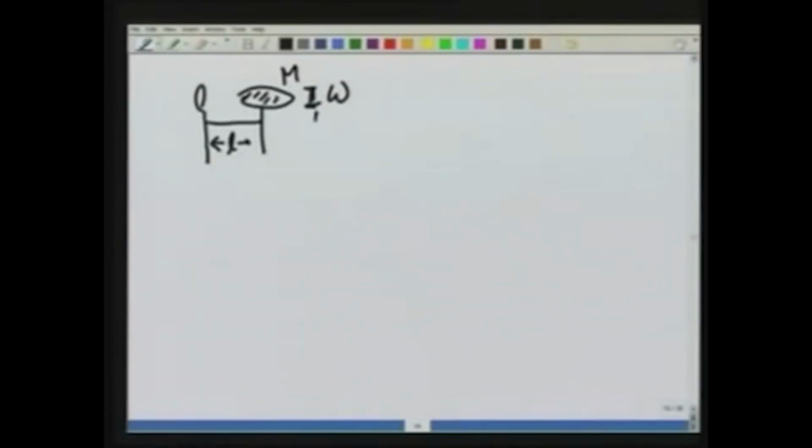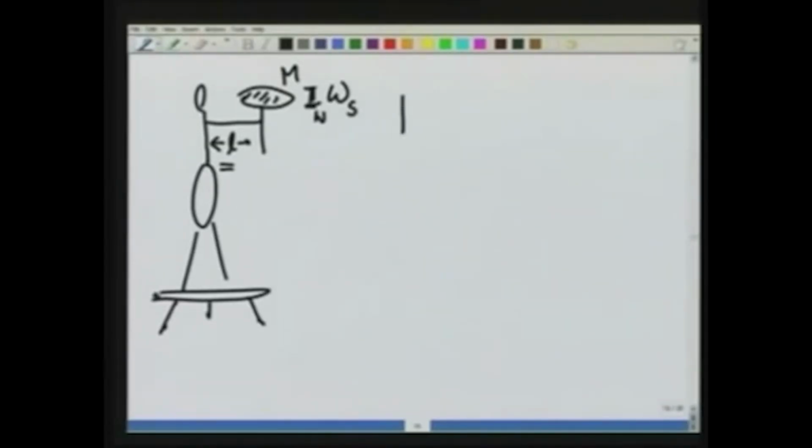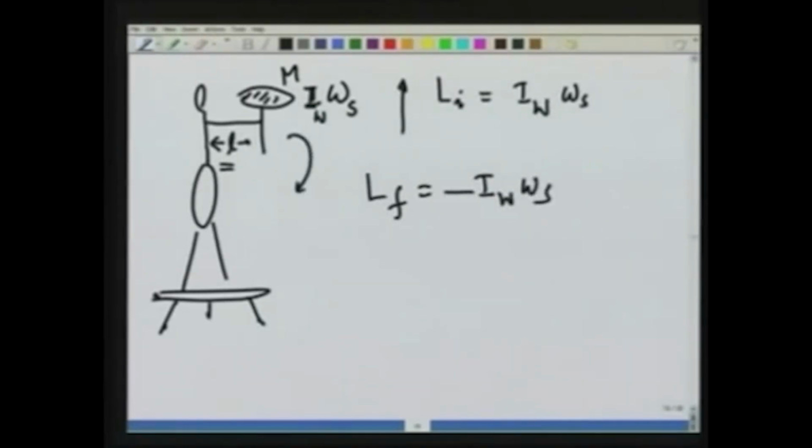When I was holding this wheel, let its moment of inertia be I wheel, let it move with the speed omega s, let its mass be m, and let the length of my arms be L, and I was holding it on the platform. When I tilted it, the initial momentum L initial was I wheel times omega s. L final is going to be minus I wheel omega s, because I have tilted it like this. Therefore, I have to start moving. Let my own moment of inertia be I,